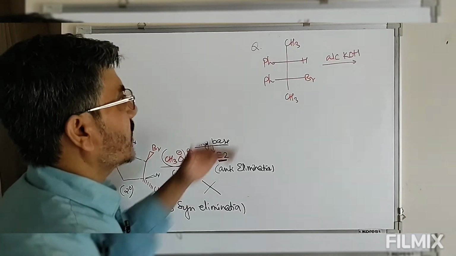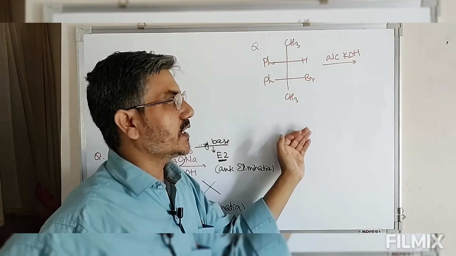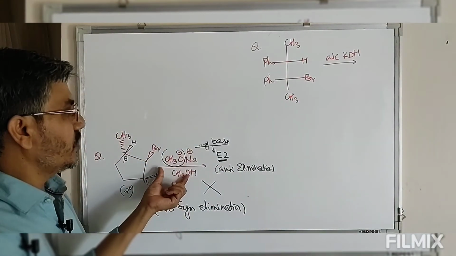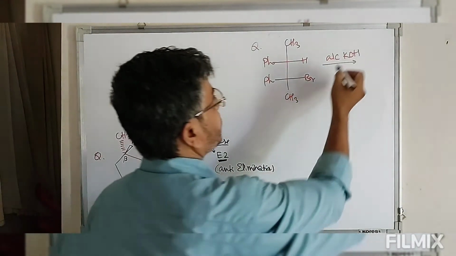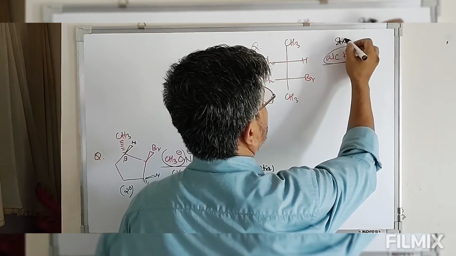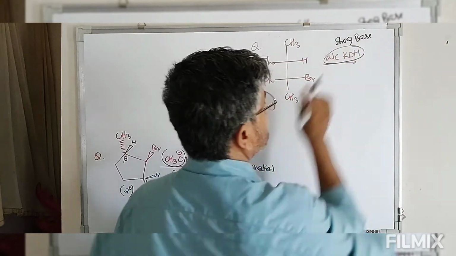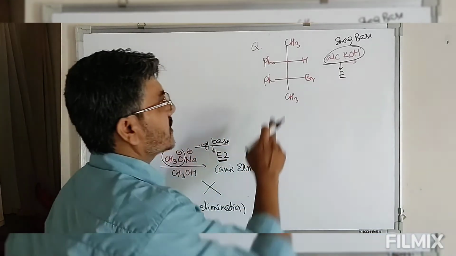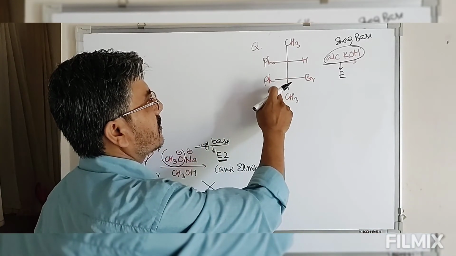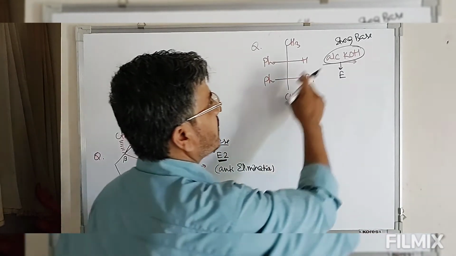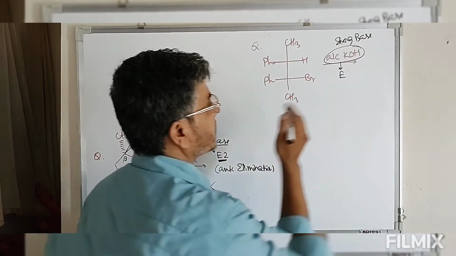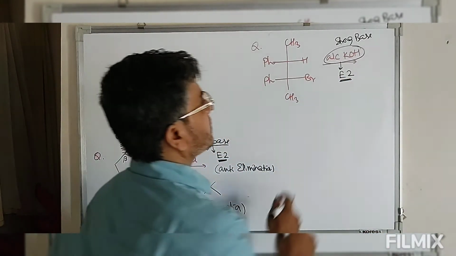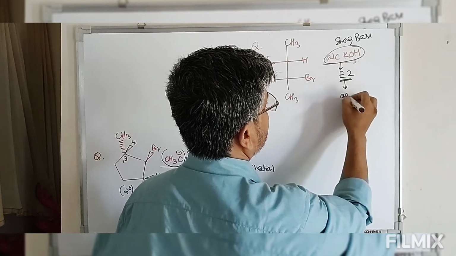So we have this alkyl bromide. This alkyl bromide is treated with alcoholic KOH. As we have seen earlier, alcoholic KOH is a strong base. Since this is a strong base, the elimination reaction will be favored. So this is a tertiary alkyl bromide. In the presence of a strong base, the reaction has to follow E2, and for this E2 reaction, the requirement is